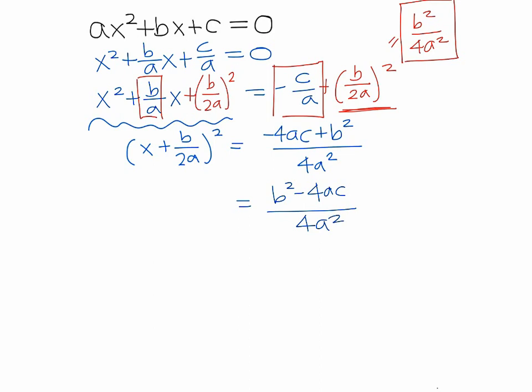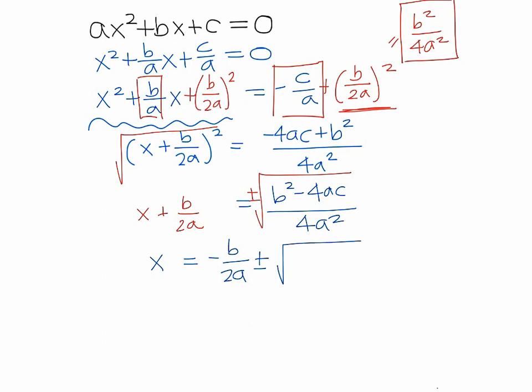Now let's solve for x by taking a square root on both sides. So we're left with x plus b over 2a is equal to plus or minus the square root of b squared minus 4ac all over 4a squared. Let's subtract the b over 2a on both sides. So we're left with x is equal to negative b over 2a plus or minus b squared minus 4ac